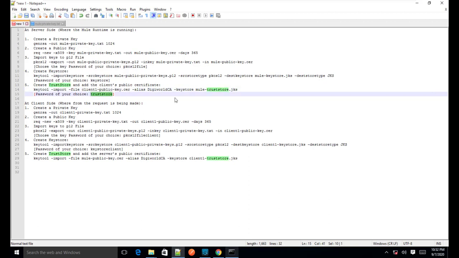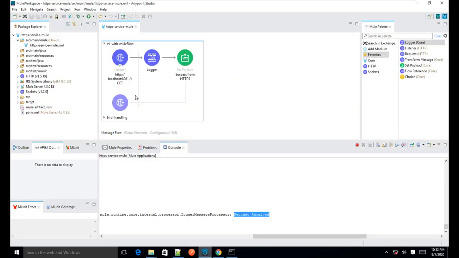So I have imported that to the trust store of our server, but I haven't configured that in our listener configuration, right?